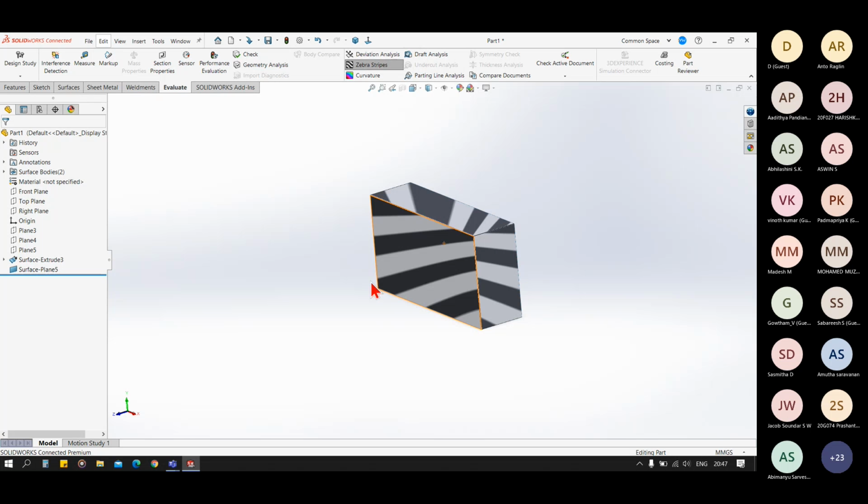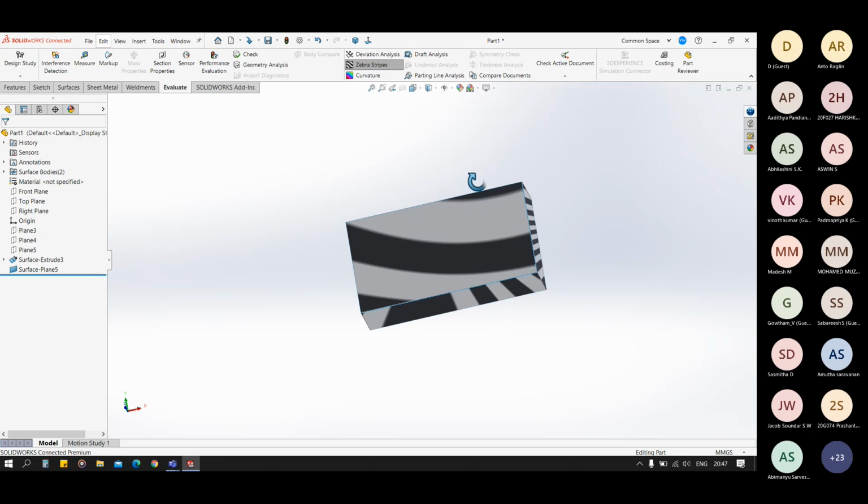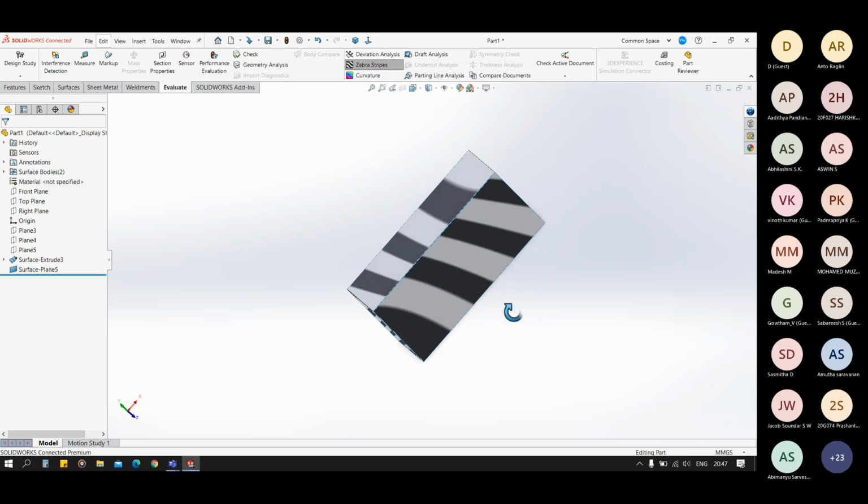Okay, so on a single plane, they are symmetrical and in a definite pattern of their concentricity and all. And on the different face, you can see the discontinuity. You can see the change in width of these.